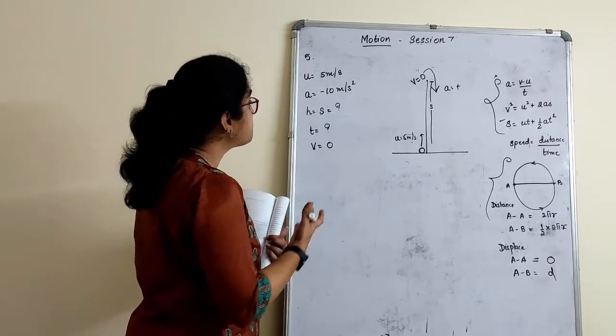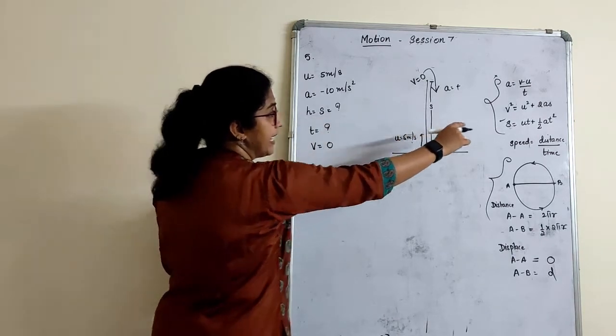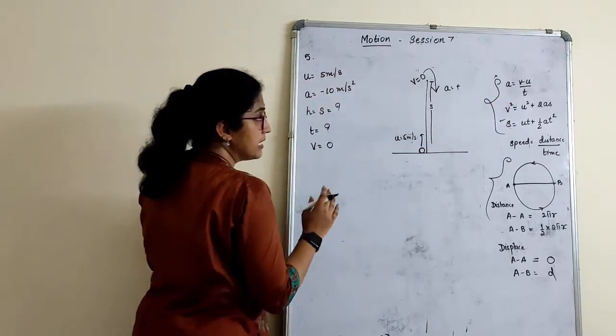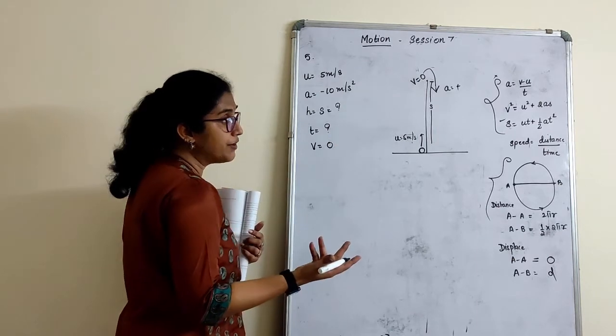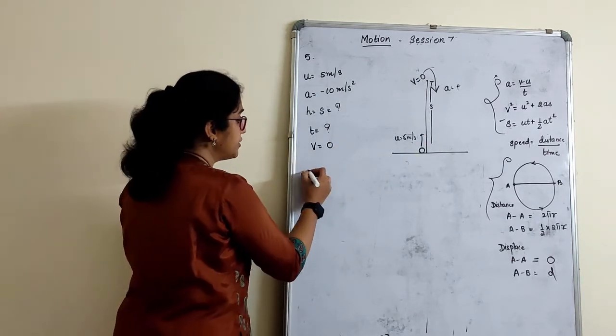Now very simple. Which formula do you want to apply? You have to find T and find S. I can use the second formula to find S. Then I can use the first formula to find T, or the second formula to find T using S, right? Let's start with the first one.